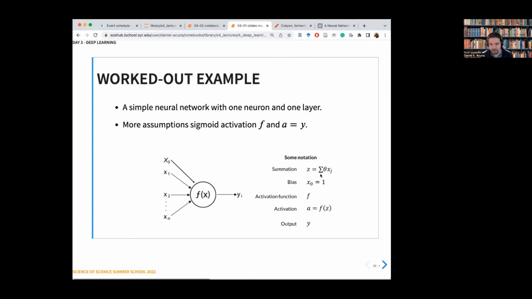And then we have an activation function. So we take this regression and we pass it through an activation function. Usually this activation is a nonlinear function. Typical choices are a sigmoid or rectified linear units. We'll use an activation that is nonlinear because we want the neural network to be highly nonlinear and complex. So this function here will typically be easy to take the derivative of, and nonlinear.